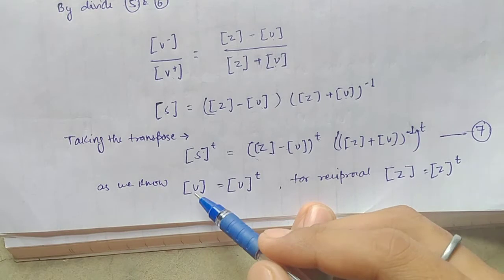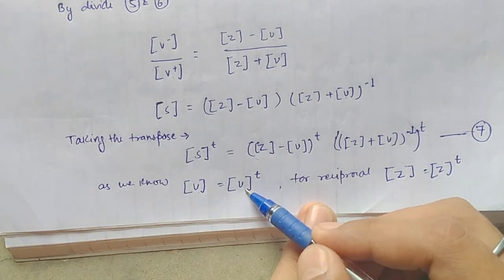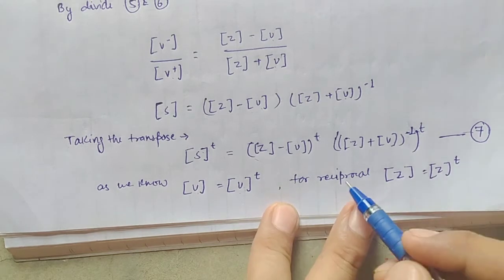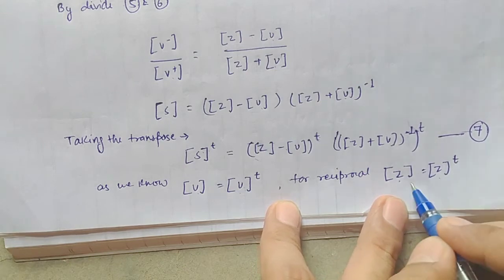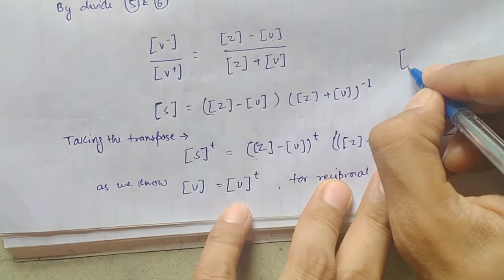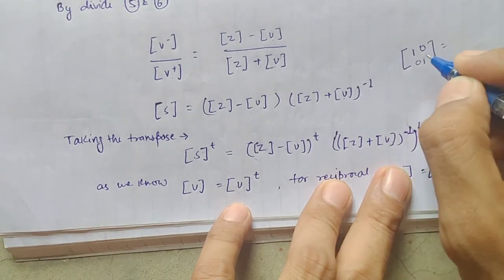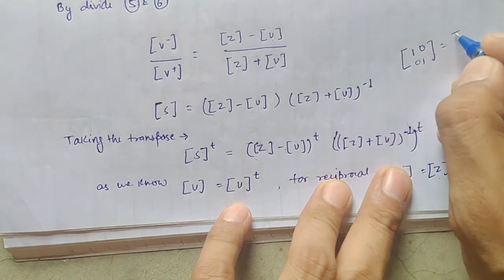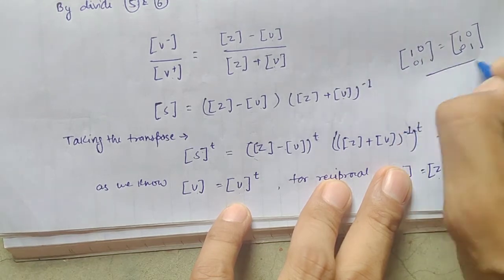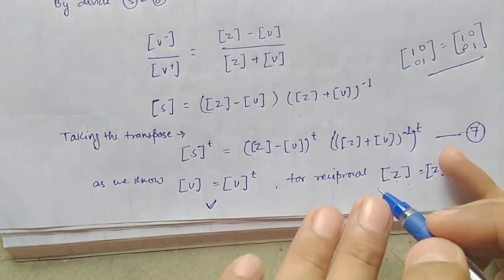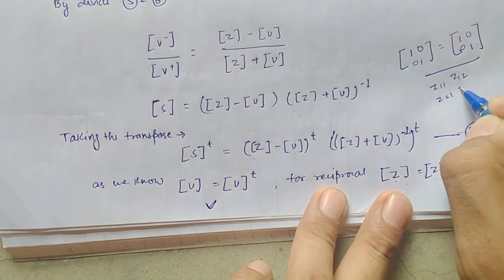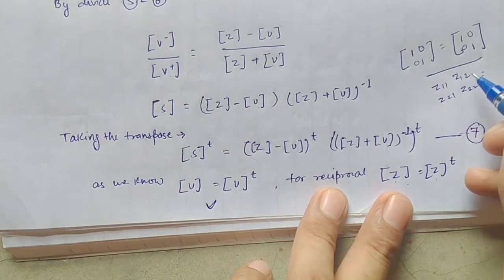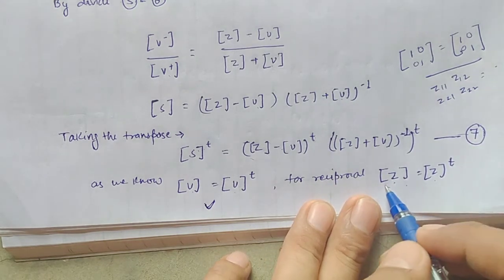Now we know that if you have a unity matrix and you take its transpose, both will be equal. And another condition is, for a reciprocal network, the impedance matrix and its transpose should be equal. It means, if you have a unity matrix 1 0 0 1, and I take its transpose, this will go here and this will go to this side, and again it remains the same. So one condition is satisfied. Another one is impedance also. If we have Z11, Z12, Z21, Z22, and I take the transpose of this, if the transpose and this matrix are both equal, then only I can say that the network is reciprocal. So another condition is this.